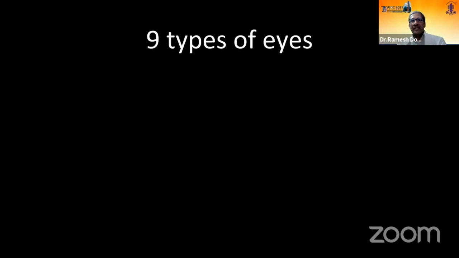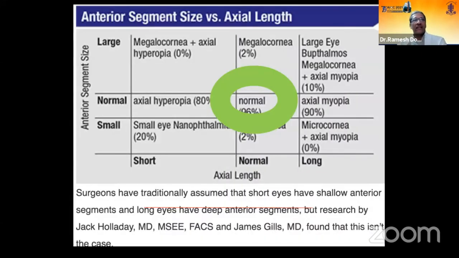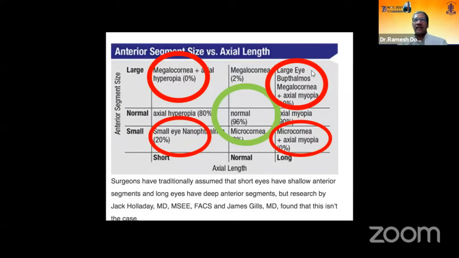So why is the axial length-based formula not enough? This seminal article by Jack Holladay showed us that there are many types of eyes. For the common eye, where you have a normal range of axial length and cornea, any formula will work. But we do have unusual eyes, like a large eye with bullous myopia, or eyes with microcornea and axial myopia, where the normal relationship between the front and the back of the eye is lost. We need more measurements, and not only the K and the axial length, to find the correct IOL